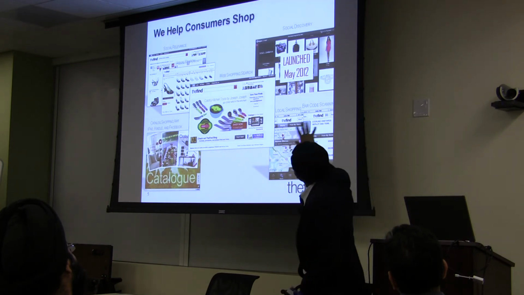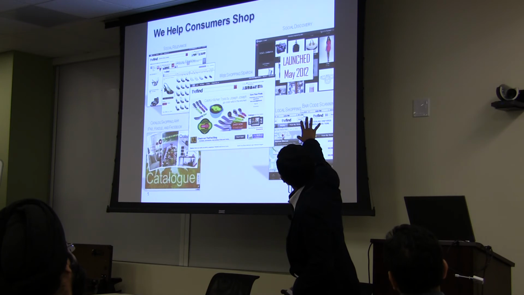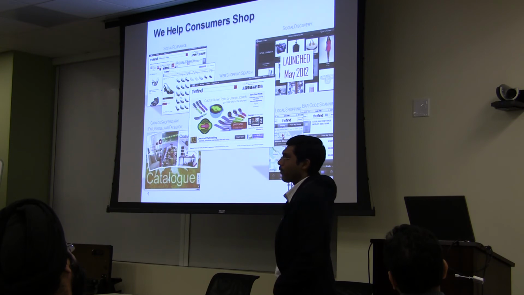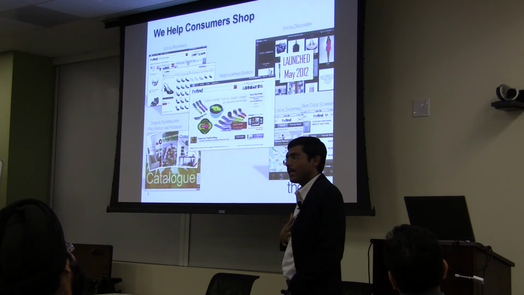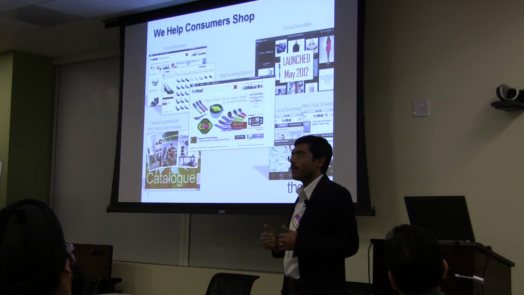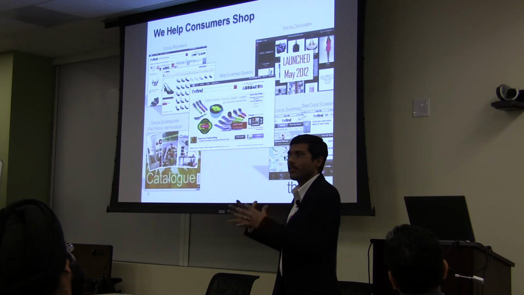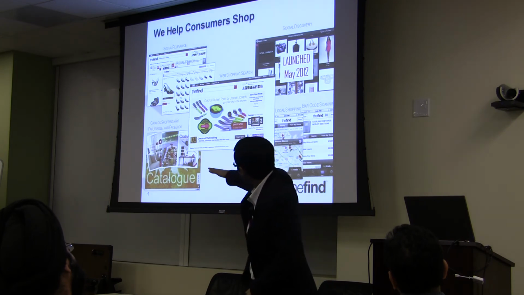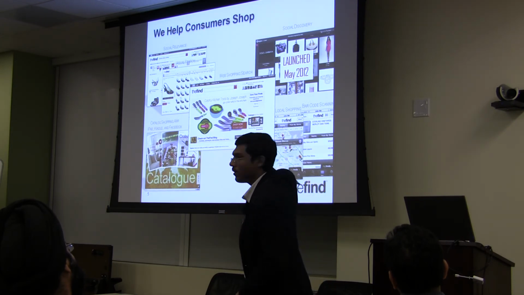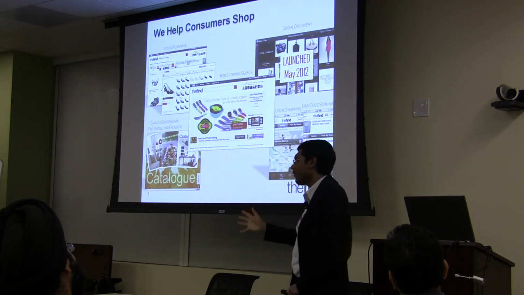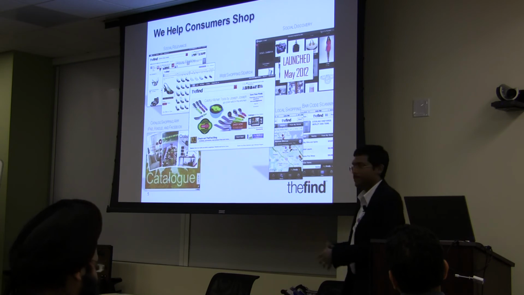And then on the right top, you see launched May 2012, that's Glimpse. That is a social experience for product discovery, which means we understand your shopping taste and we give you a feed of new, on-sale and trending products from the brands and stores you like. So that's for discovery. Catalog is browse, along the diagonal you see different kinds of search, and then on the top you see discovery. These are different use cases for shopping, and we try to address them.